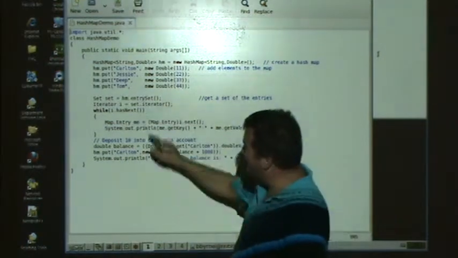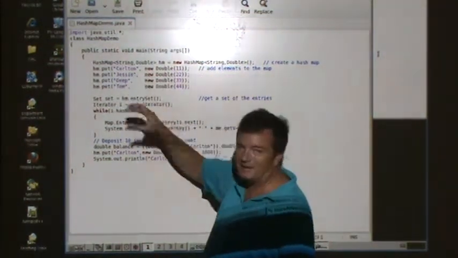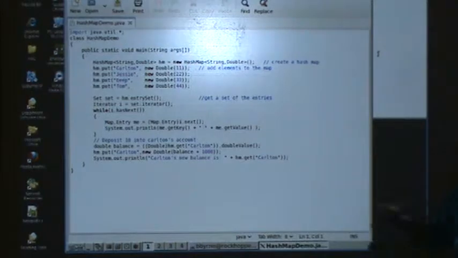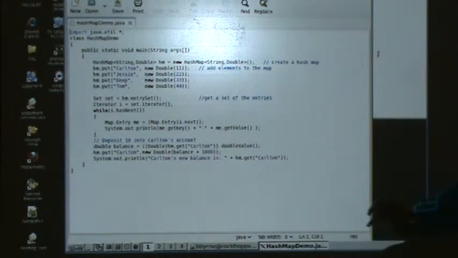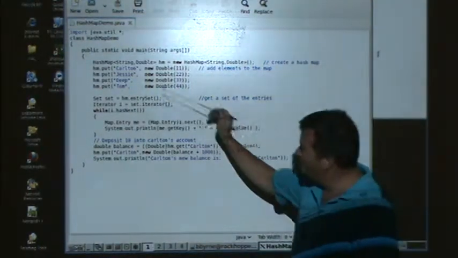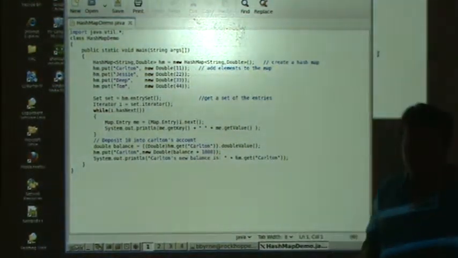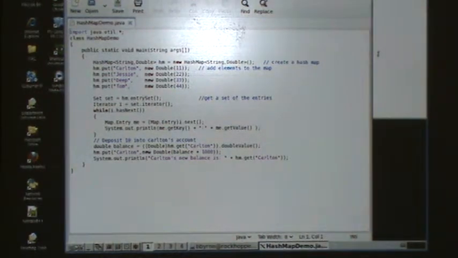If it turns out that Jesse mapped to the same slot that Carlton mapped to, then I don't know what they do behind the scenes, but they probably build a linked list and have Carlton and Jesse start coming off of a linked list. It is possible that the hash function, which is called hash code, that one gets called implicitly. It is possible that you could pass in 2 different strings and it would return the same number. Our hope is that that doesn't happen, or doesn't happen too often, because that means we have to start walking through a linked list. We'd like to just have a number returned, go to that spot in the array and get